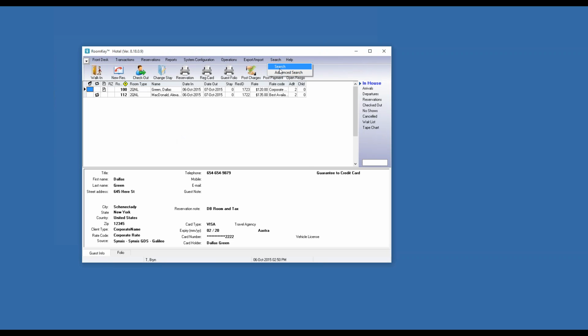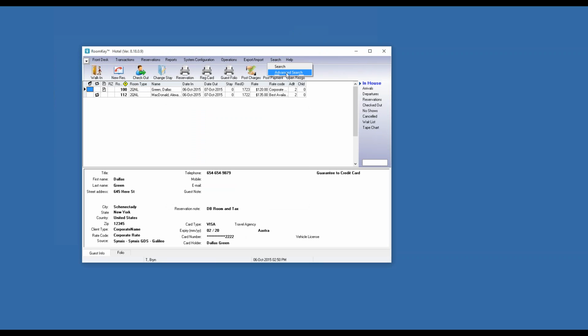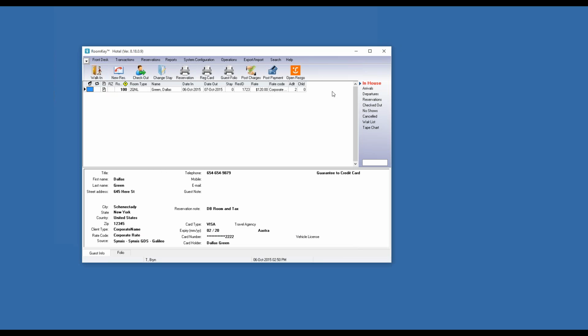So if I go to the search, we have GDS confirmation number here. And if I go to search, advanced search, we have GDS conf search here. So I'm going to go ahead and search for one I put in. Click on search with the number. And here we have Dallas Green. I'm going to click OK. And that will bring me to the in-house reservation. And if I go to change stay,